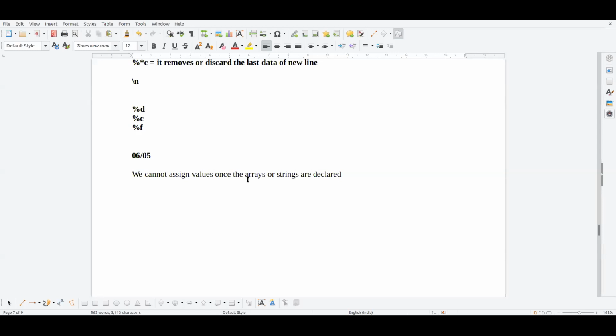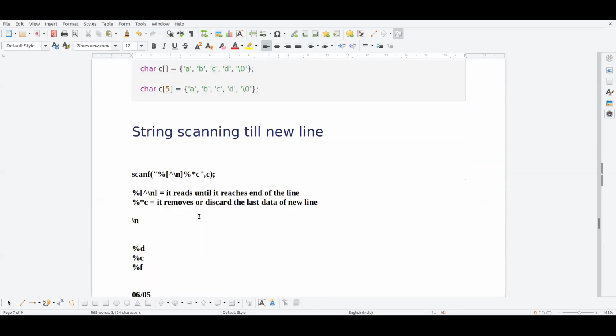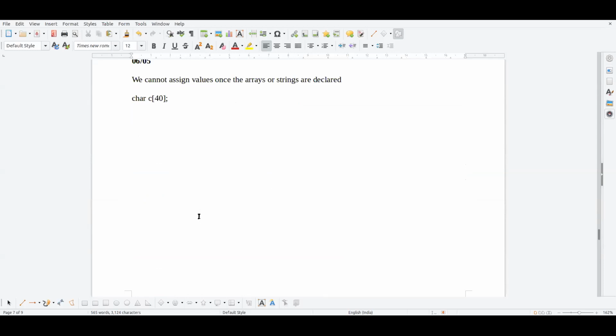That is, with example, if I declare a character variable, say C of 40, you have seen different types of allocations here. So I'm not allocating any type of values there statically. But if I write like this, I hope I have shown you this also. But once again, observe this. I'm writing C is equal to some value. This gives us an error.